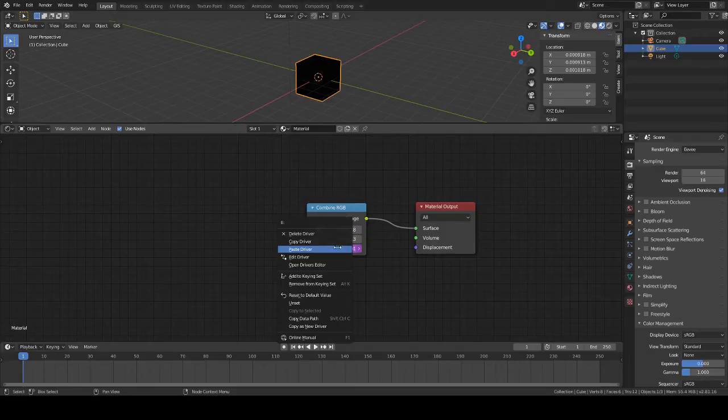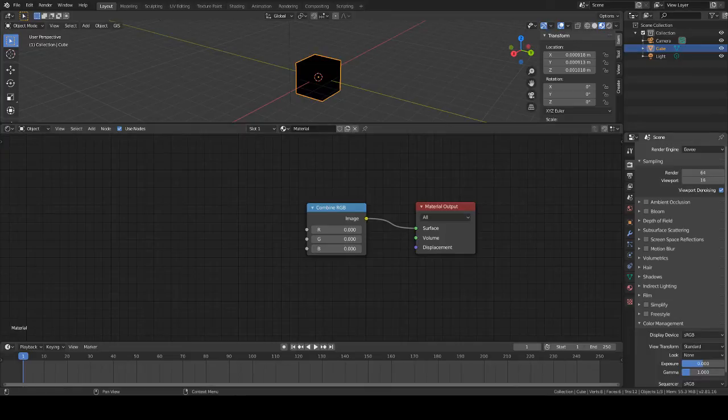Well, let's say we want the X scale to be our driver. We're going to copy this and paste it into red. So paste driver, and right now that means that if the scale